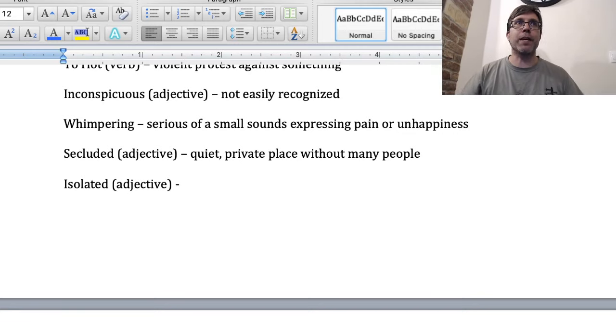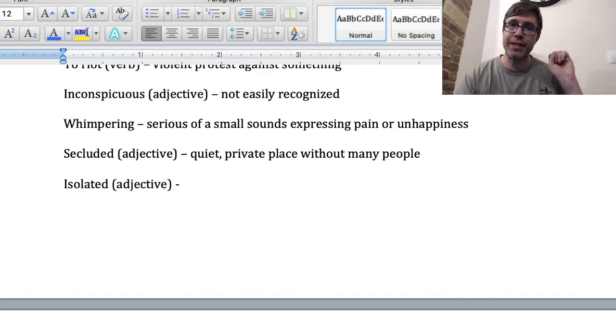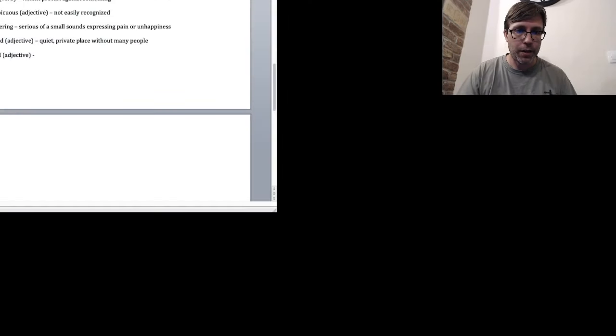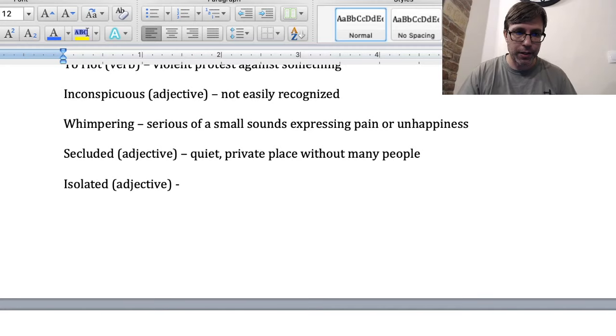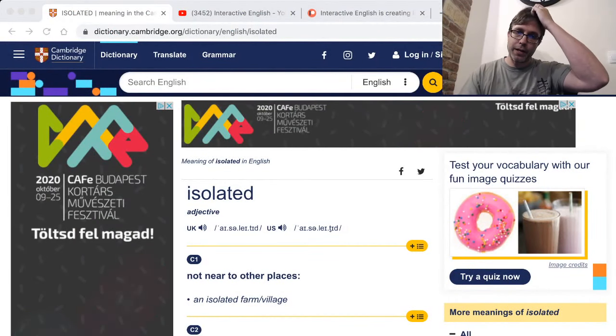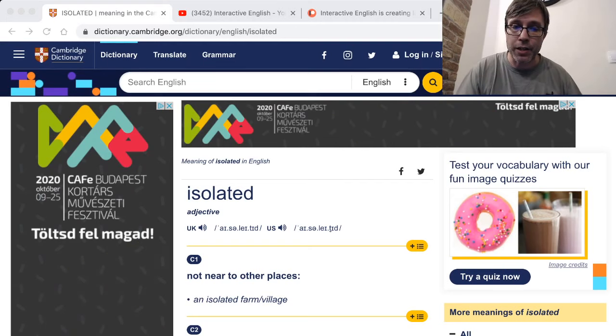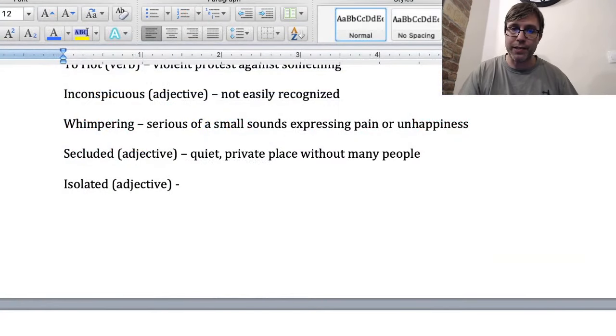Now, if you refer to an area as isolated, again, it's an adjective. I think it is basically away from everything else, to the point where I would think of the word alone. A person could say that they feel isolated. Or you could talk about an area, that the area is isolated, and it makes me think it's not very easy to get to. You can see that. We go back and look at Cambridge. It says the same thing, really: not near other places, and you say that this is a very isolated area.